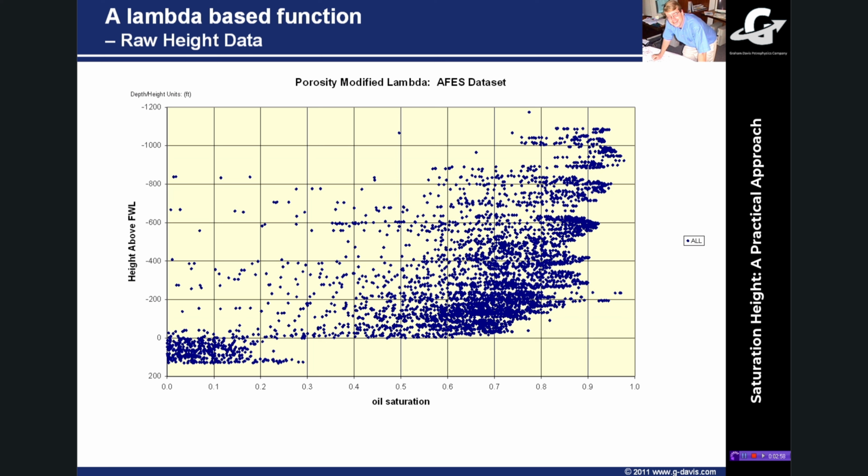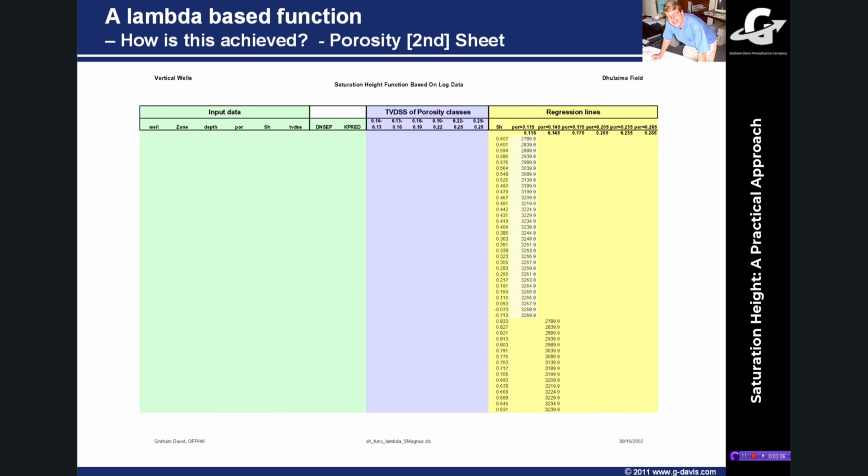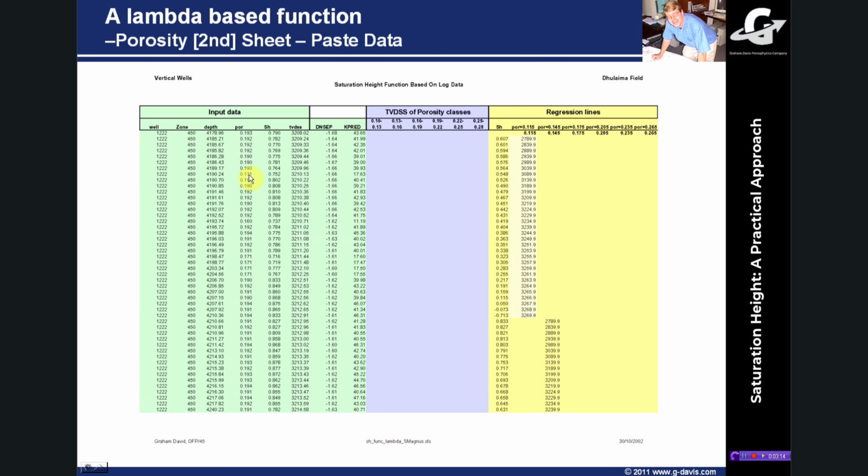So to go from the raw data, saturation versus height, into porosity bin data, colored by porosity class, you have to go to the second sheet in the Excel spreadsheet, and you take your input data from the first sheet and paste it into the second sheet. Then you sort this by porosity. So you've copied the data from the first sheet to the second sheet, and then you've done an Excel data sort